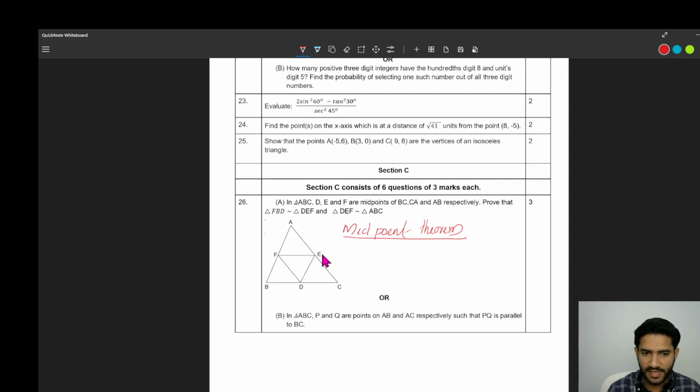The midpoint theorem says that for a triangle ABC, if you join two midpoints, the line is parallel to the third side. More than that, the length of FE is equal to half BC. So we can use the same midpoint theorem here, because we have the triangle ABC,